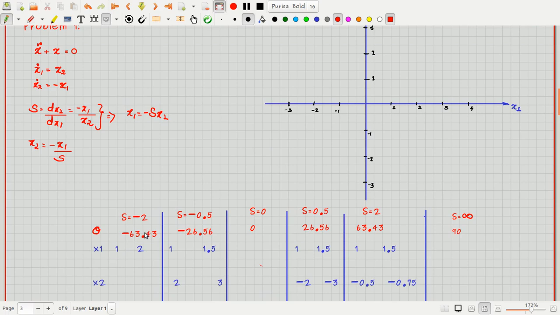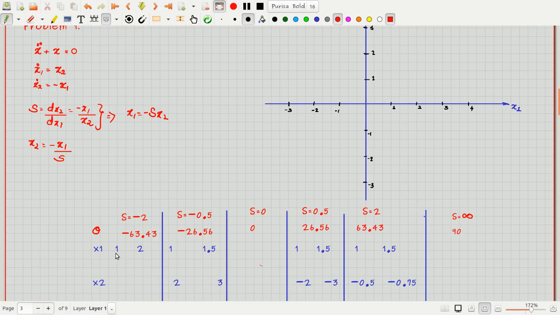And what we have to understand here is that this is a straight line equation. We require only 2 points to draw a line. That is why I have chosen only 2 points here. In case it is a curve, we can take more than 2 points to draw that curve, or if you have some relation, we can also plot that curve for the isocline. So now I require only 2 points since it is a line.